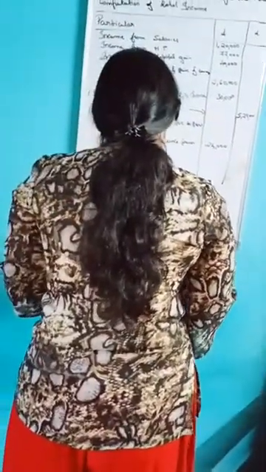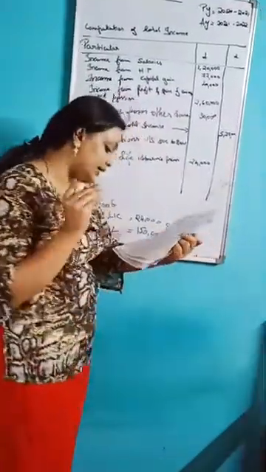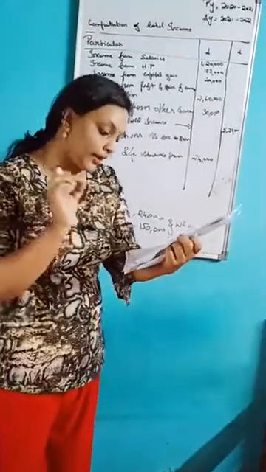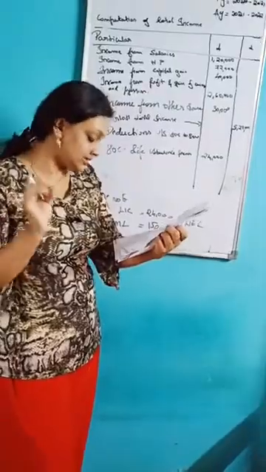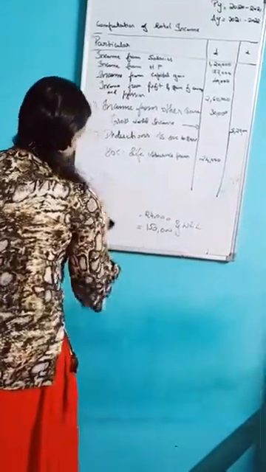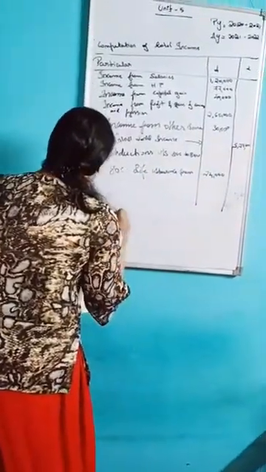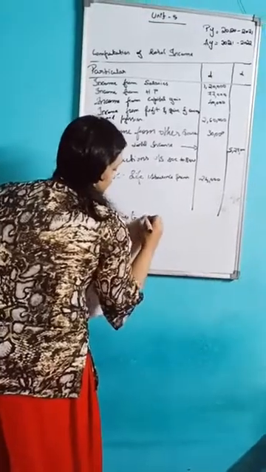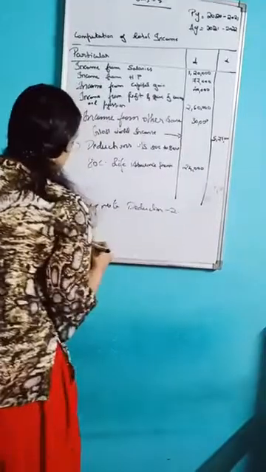After that, medical claims. Here the question gives that medical claims paid is 25,000, and in the note they have mentioned Axis is a senior citizen. So your medical claim, the maximum amount is how much? 30,000, isn't it? So I'll write here working note, that is deduction part 2.